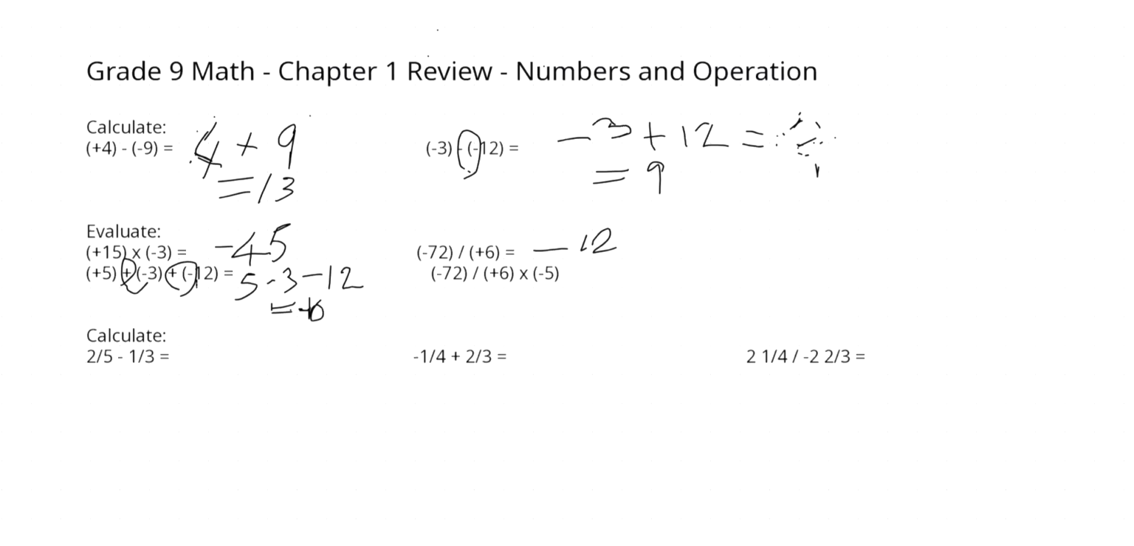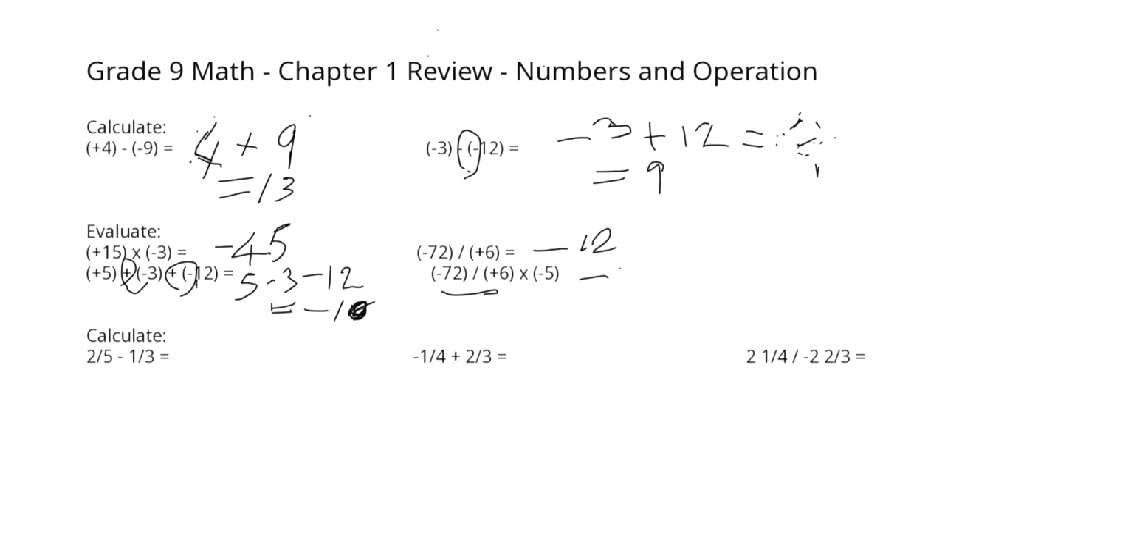And then on the other side, we have -72 divided by +6 times -5. If you notice, the question above has a similar part, where it says -72 divided by 6. Because we already know that answer is -12, we're just going to put -12 for this section. So we say -12, I've got my equal sign, -12. And now we're going to multiply that by